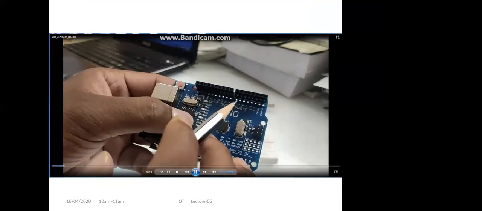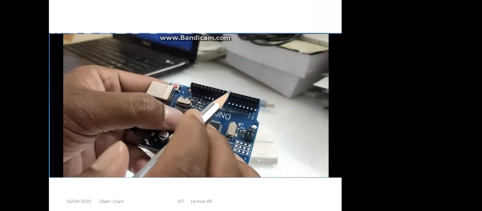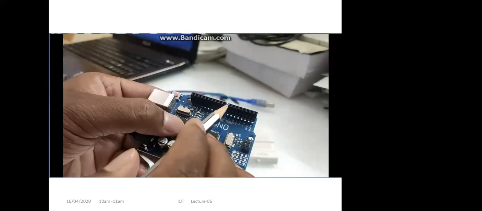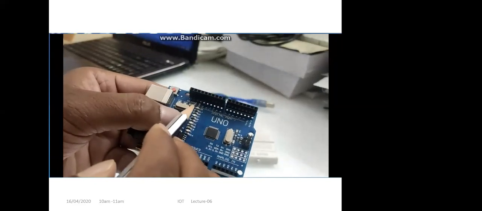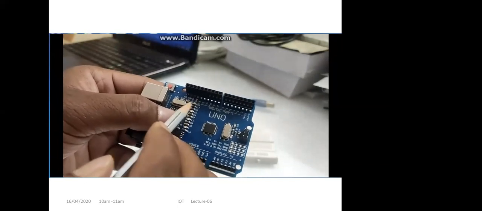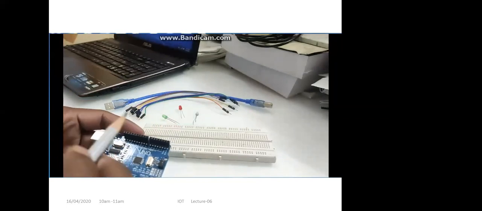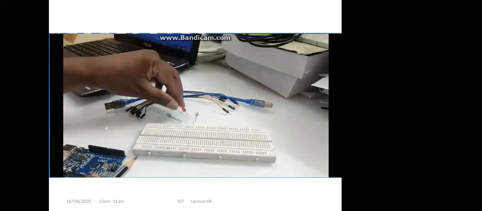So here you can see 7, 6 and 5. They are side by side there. I've chosen 7, 6 and 5 for connections. And in the last experiment, we used ground and 13. So I will be taking ground from there. One ground is enough. One ground commonly connected to all 3 LEDs. Okay, 3 LEDs.